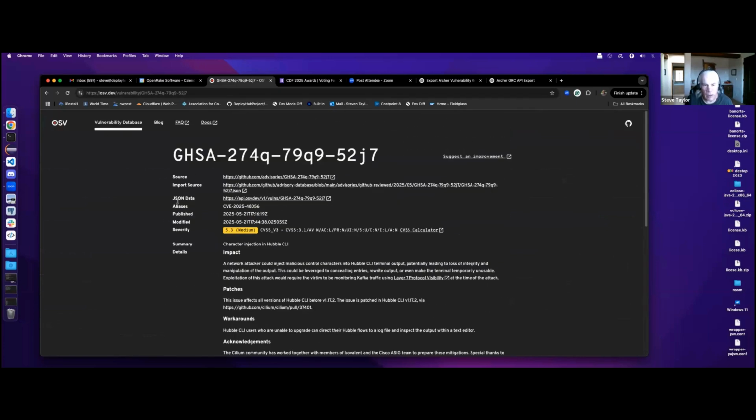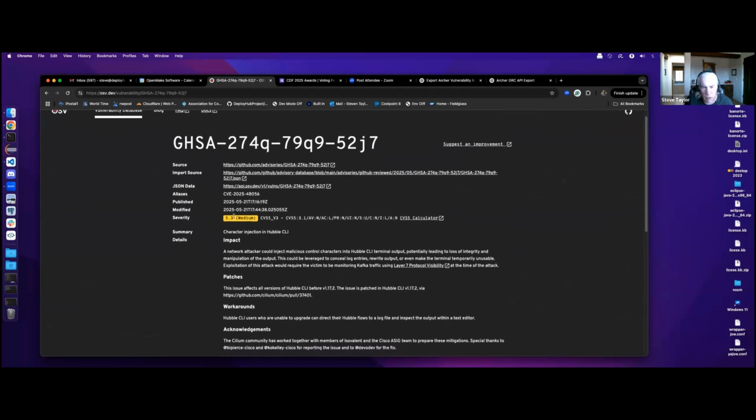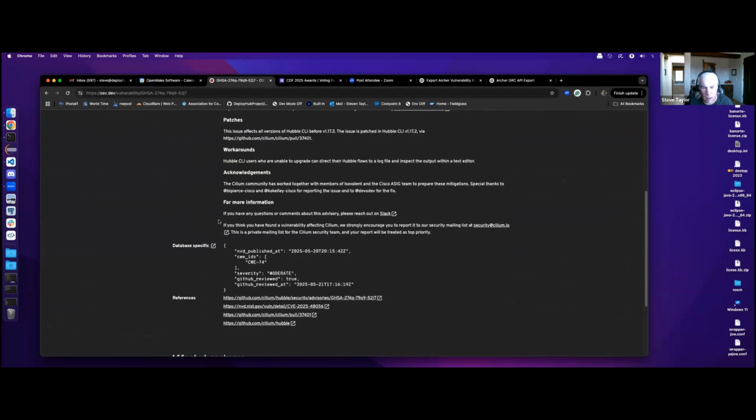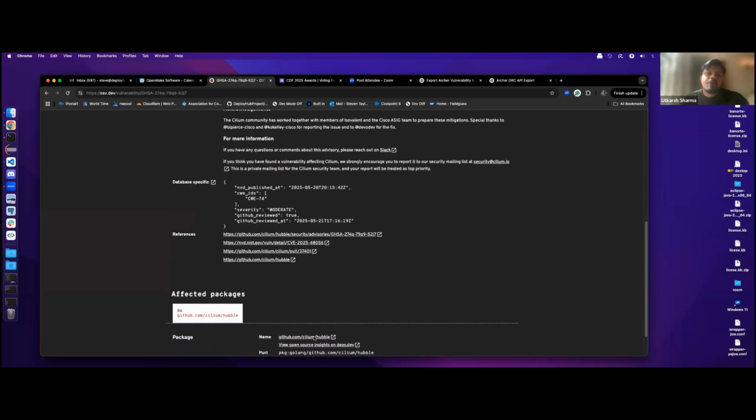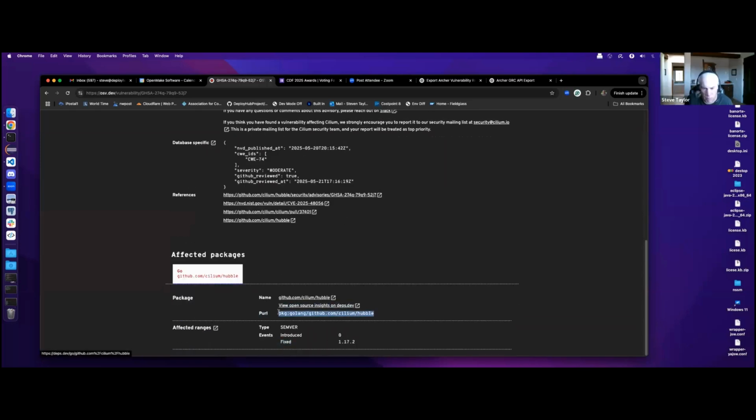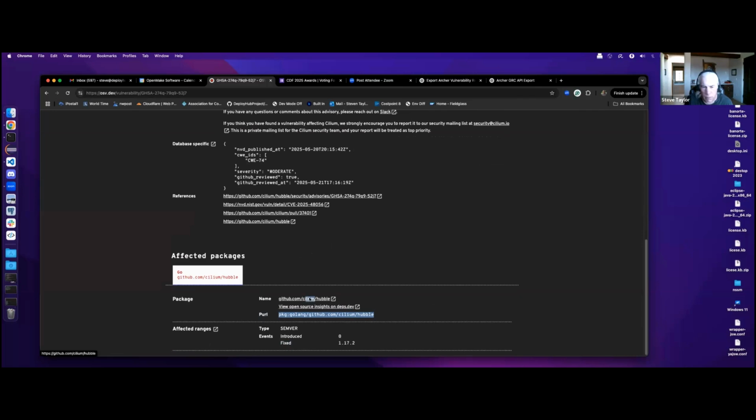So this is the kind of data that you get. We get the score, it's a medium. And in the data, it was introduced in version 0, and it was fixed in 17.2. So that is the data, and we know the repository that it came from. So if we actually go out to their site,